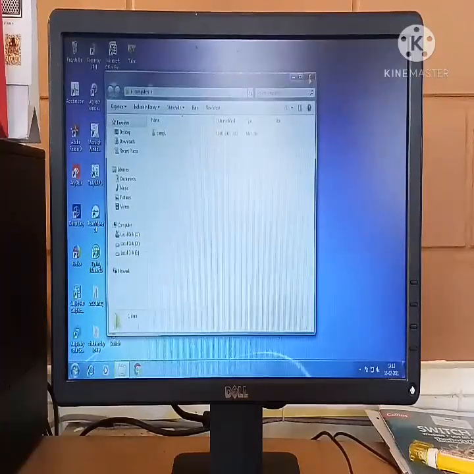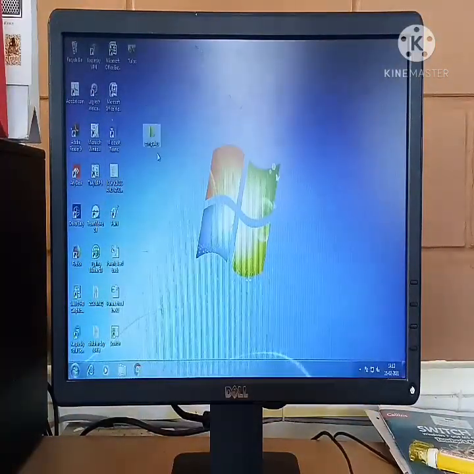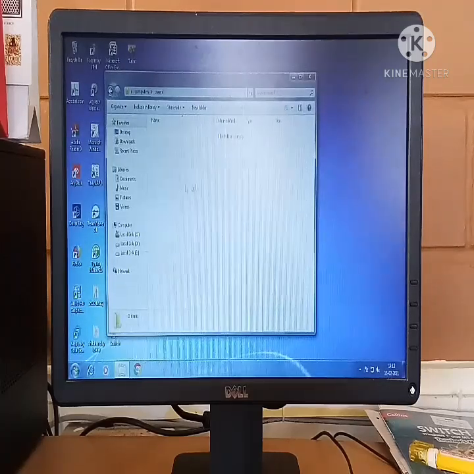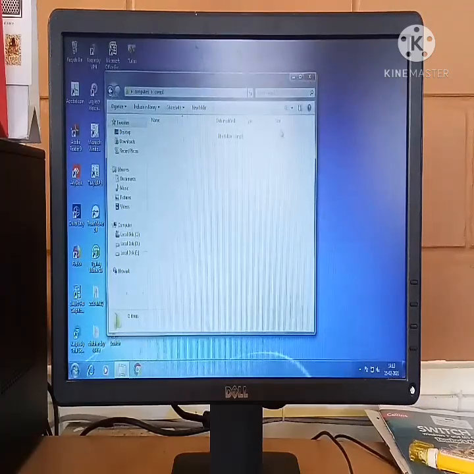Now what happened? I have a folder by the name computer, and inside the folder computer there is one more subfolder with the name comp1, and there is nothing kept inside both the folders. In the main folder I have kept one more subfolder by the name comp1, and inside the comp1 folder I have not kept anything. So both the folders are totally empty now.